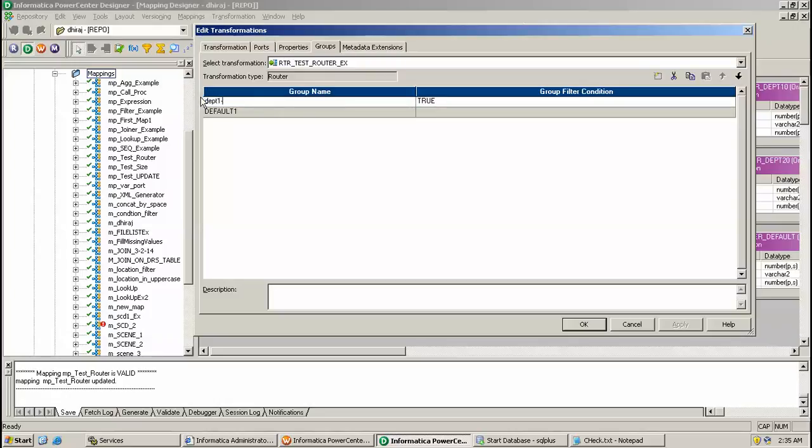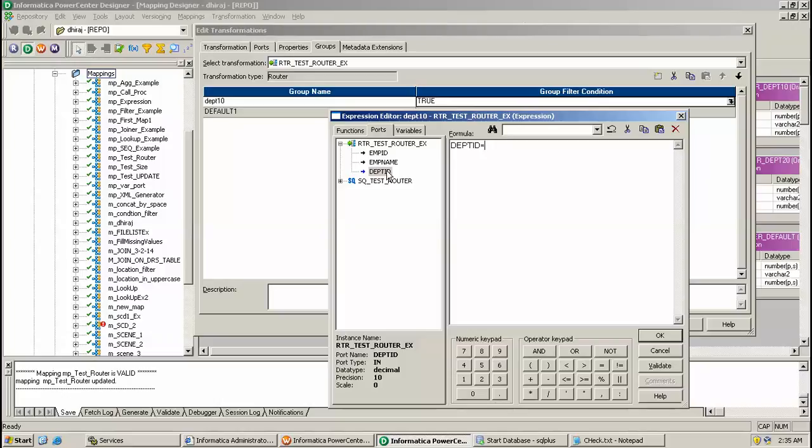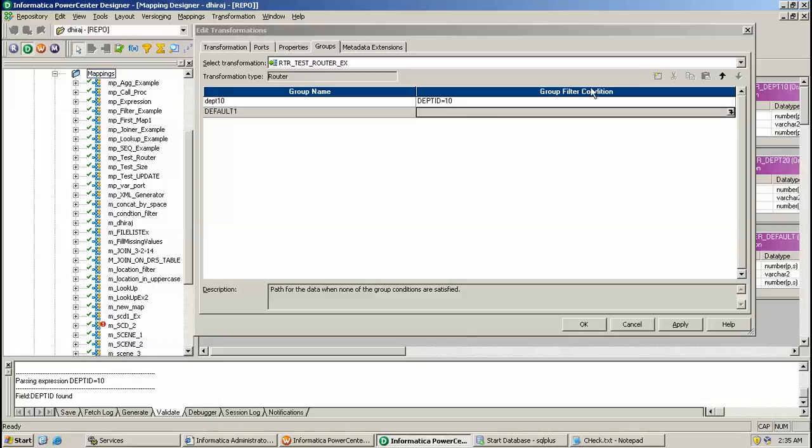Suppose I give DPT10 as a group name, and here I specify the condition. Go to Ports, select DPT ID equal to 10, so it will route all the employees having department ID 10.